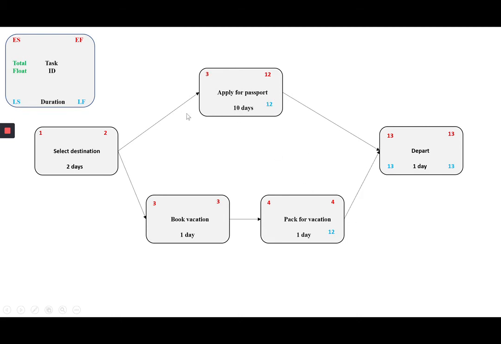Now, going backwards, we again calculate, we'll do this one up here. 12 minus 10 plus 1 is 3. We'll do this one here. 12 minus 1 plus 1 is 12. We then need to calculate the late finish. That's equal to 11. So we subtract 1. Again, we'll calculate the late start here, which is 11. And now what we need to do, we're almost there in terms of our backward pass, which is we need